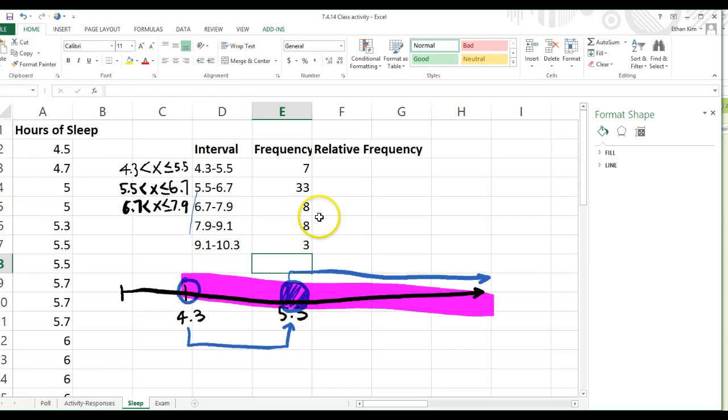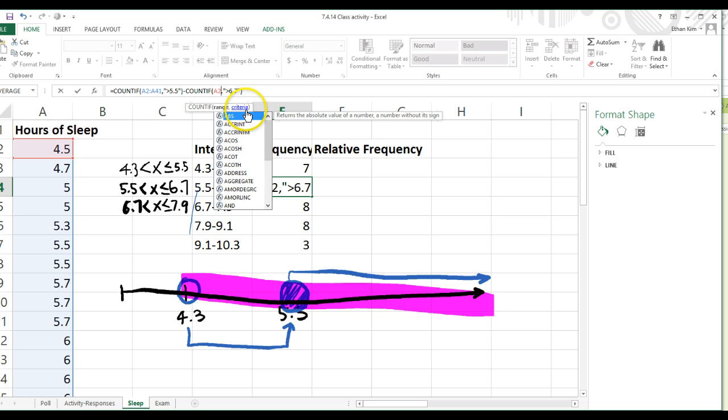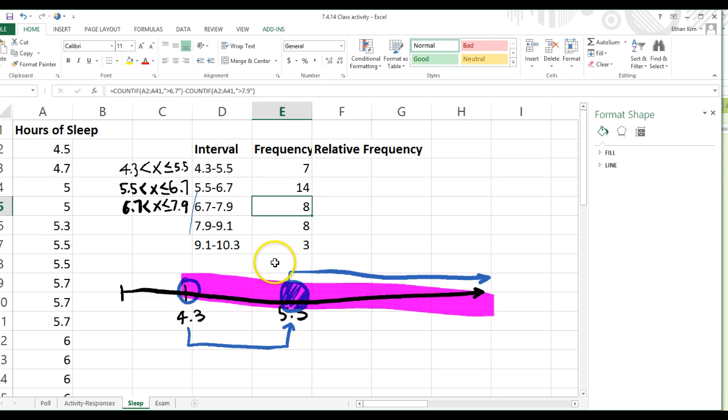Okay, so I think I made a mistake here. I made a mistake here because you see range is supposed to be A2 to A41, but here the range is messed up. That's why we're getting a big number. Let's change this to A2 to A41. Yeah, and it should be right. And if we sum it up, okay, we're going to get the total, right? Total is sum